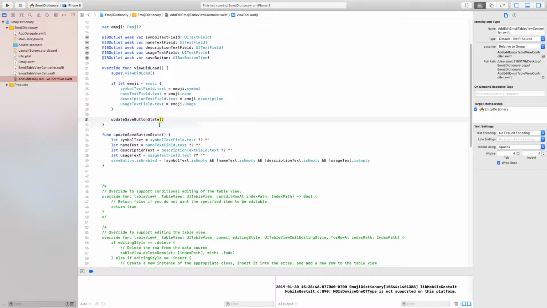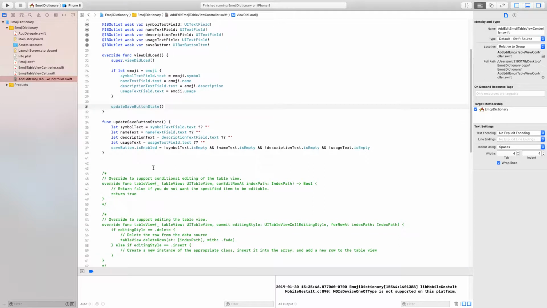And that'll call it there. And how do we continually check to see if the save button should be enabled or disabled? So what we're going to do is call update save button state after each key press. We're going to create an IB action that calls the